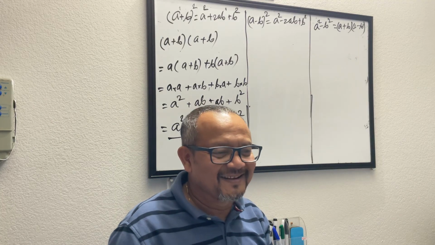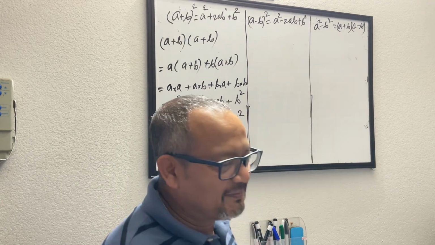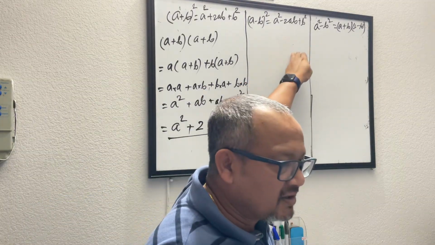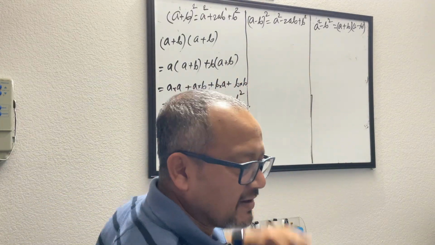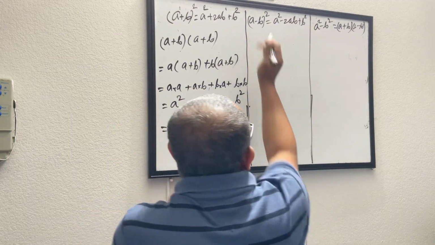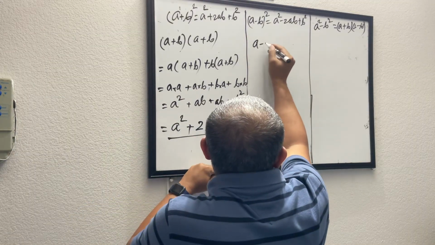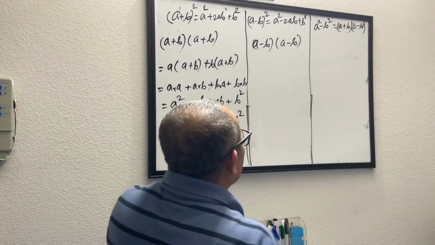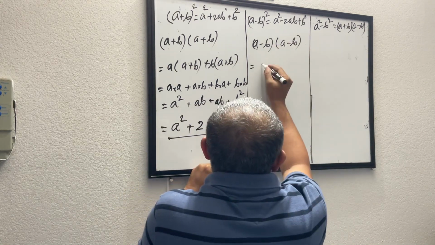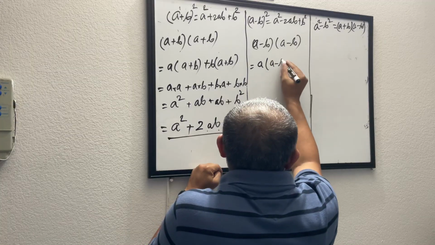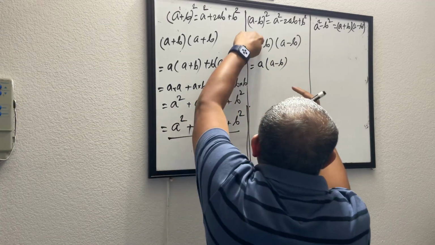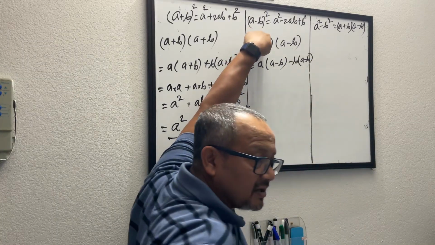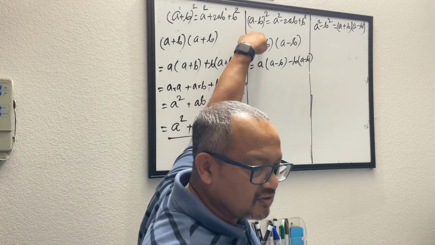Sort of makes sense? Okay. I will repeat myself one more time, but not by doing this one. I'll do another one, which is the same thing. Here, (a minus b) whole square, same thing. (a minus b) whole square is nothing but (a minus b) times (a minus b). That means I can break it saying a times (a minus b), and then I have a minus here, minus b times (a minus b). Is this okay so far?